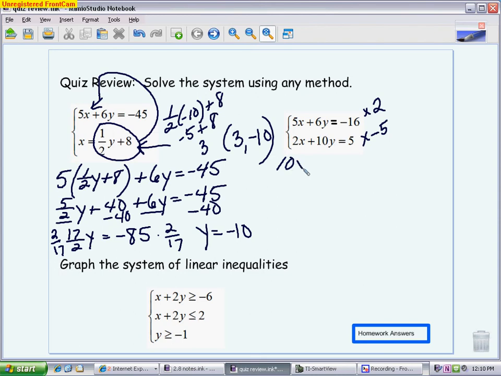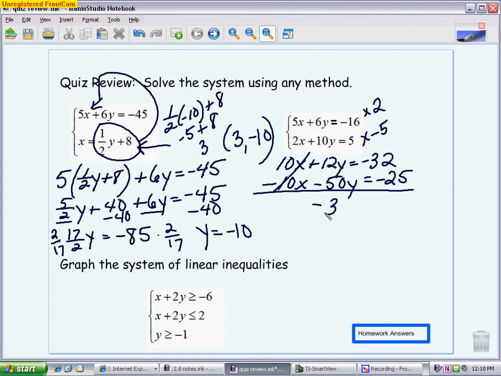So I get 10x plus 12y equals negative 32. And negative 10x, you can see the opposites show up, minus 50y equals negative 25. Make sure you remember to multiply everything by that number, not just the stuff on the left. Your x's are eliminated. You have 12 minus 50, which is negative 38. And then you have a negative